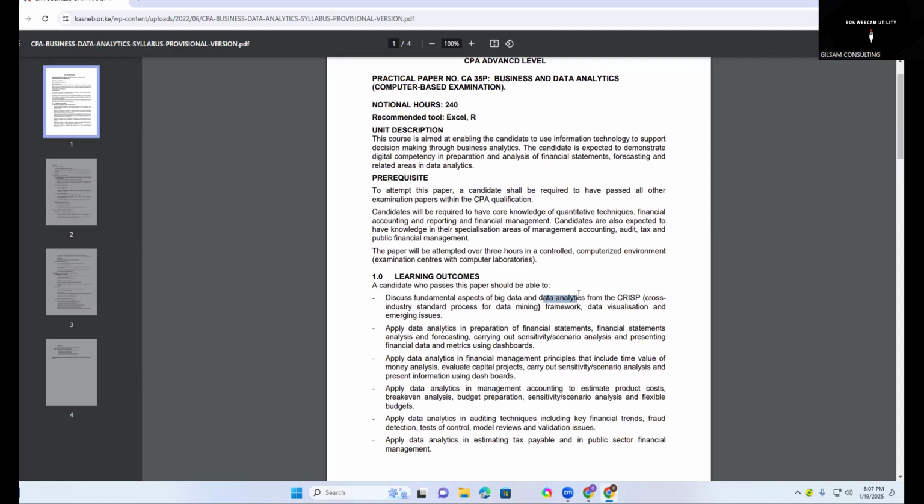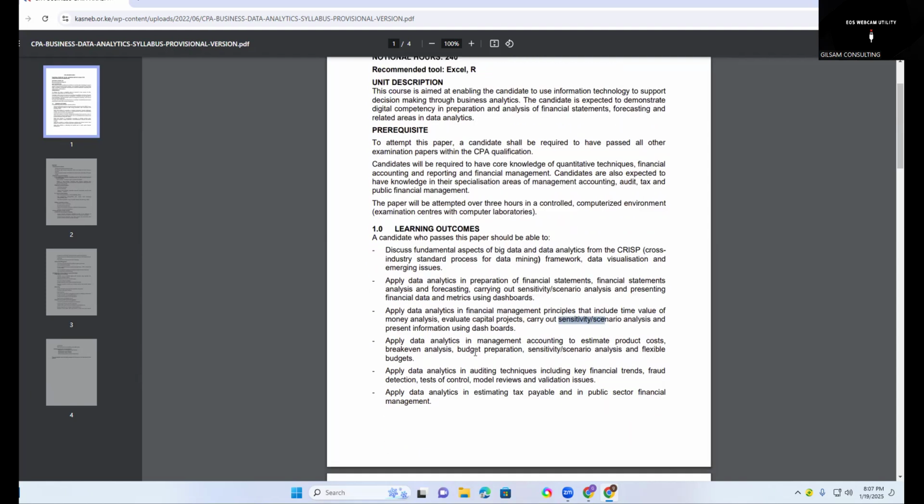And the reason why you are doing this paper at last point is that they capture the knowledge, the principles you have covered in financial accounting, the one you have covered in financial management. You can see here talking of the financial management, which include the time value of money, also which include the sensitivity analysis and the scenarios analysis. They also need to know the knowledge of management accounting,